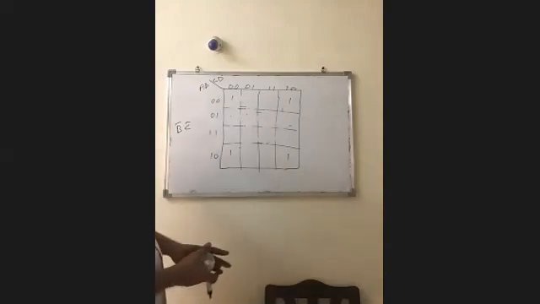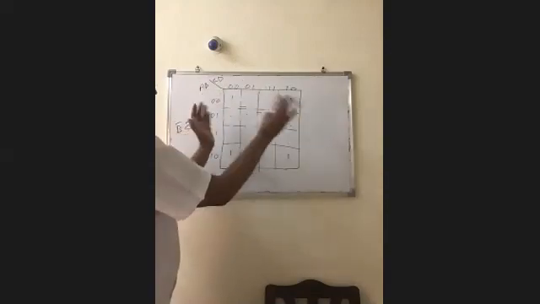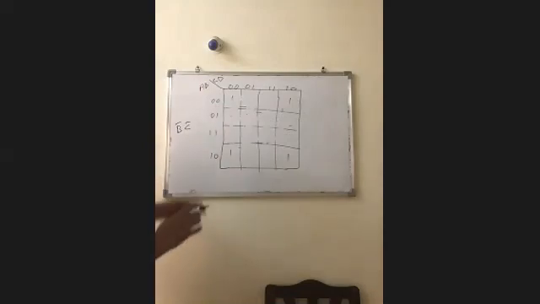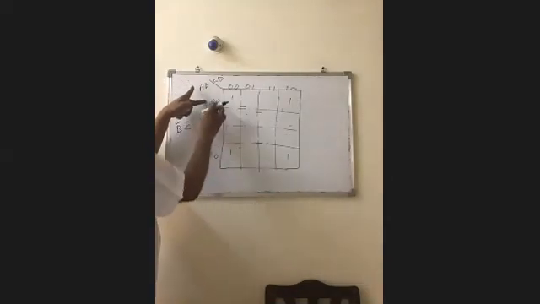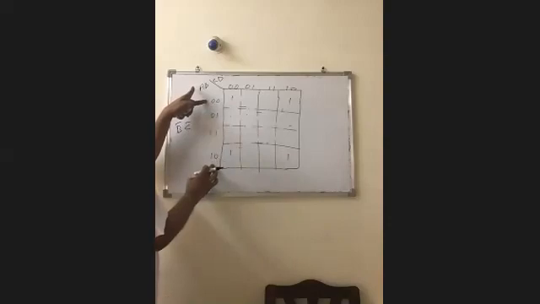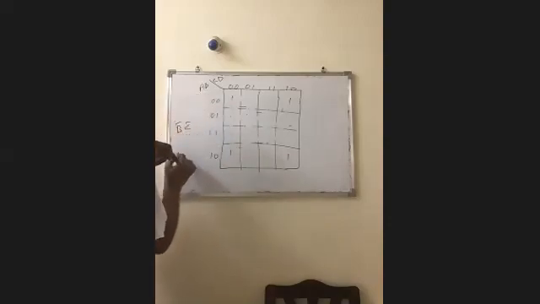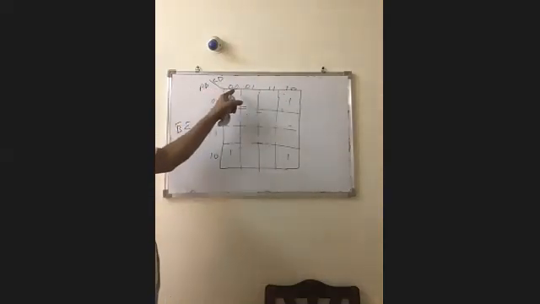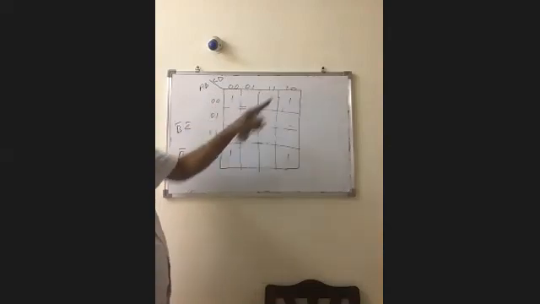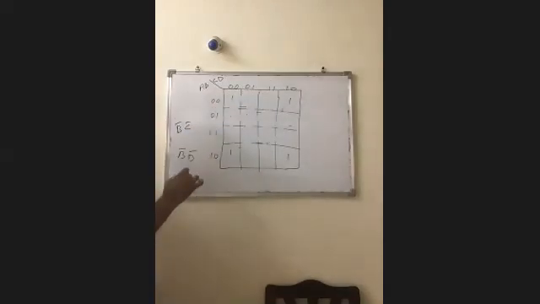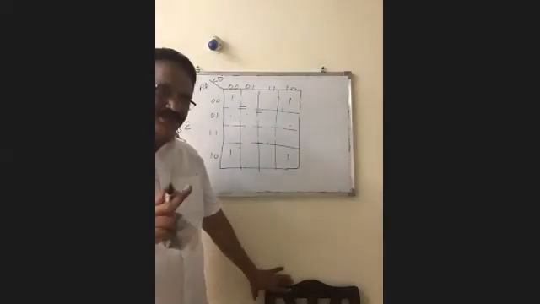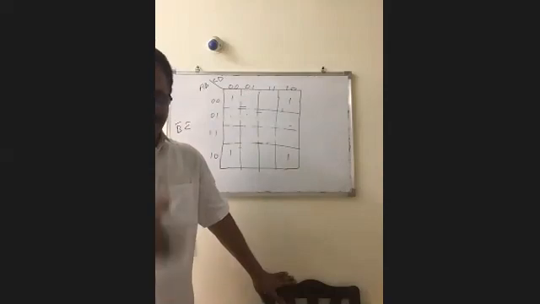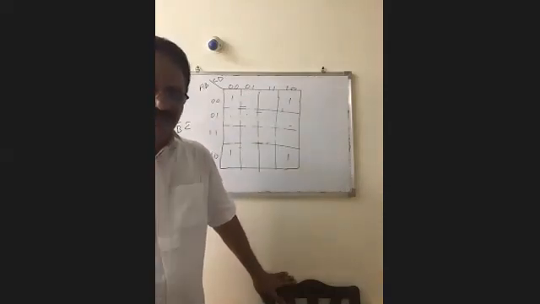And then by allowing row-wise rolling and column-wise rolling, for this one, from the first row to the fourth row, there is no change in the variable B, so write B bar. From the first column to the fourth column, there is no change in the variable D, so write for that one D bar. So write B bar, D bar. Memorize that one. The four corners also form a quad.